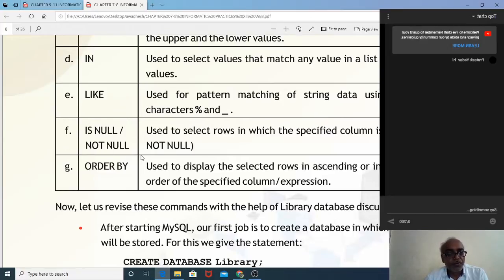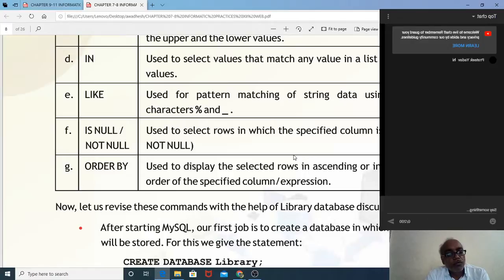This is the most frequent mistake made by students: with null they always use equal to null. They write mathematically equal to. Suppose we want to know the names of all the students which have null values, then what they usually write is where name equal to null, and that is where they lose their marks.